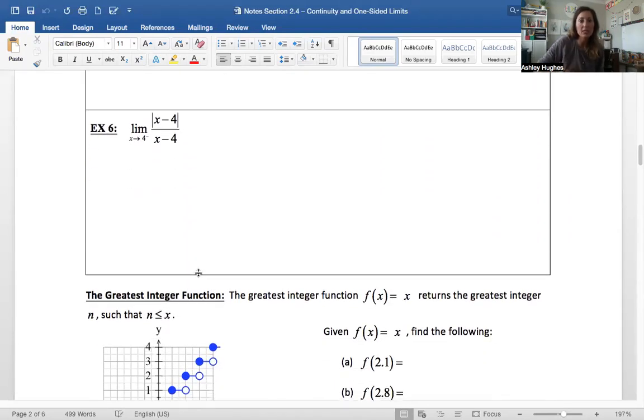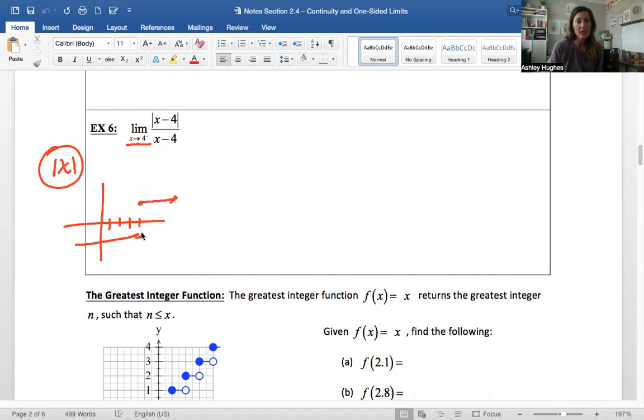Similar thing to what's happening here, x minus 4. It's a very similar thing. But this one we can answer because it says 4 from the left. So x minus 4, let's just talk about that. 1, 2, 3, 4. That's a transformation of the absolute value shifted right 4. It's going to be the same thing where this divided by this is going to be positive 1, and it's going to be negative 1 from this side. So if I'm coming from the left, it's going to be down here, which is going to be negative 1, because it's an absolute value just shifted over. Let's do